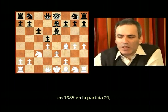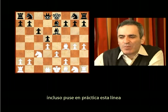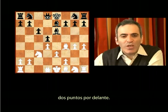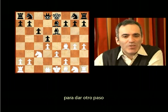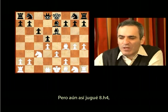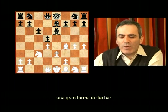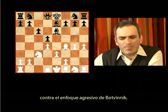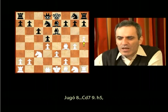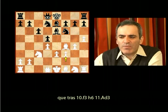In fact, in 85 in game 21, I even tried this line. Although I was 2 points ahead, I needed a comfortable draw just to make another step to the title. But I still played h4, and in this game Karpov demonstrated a great way of fighting this Botvinnik's aggressive approach. He played knight d7, h5, and not the traditional knight gf6, which after f3,